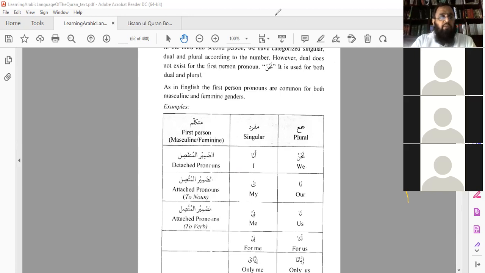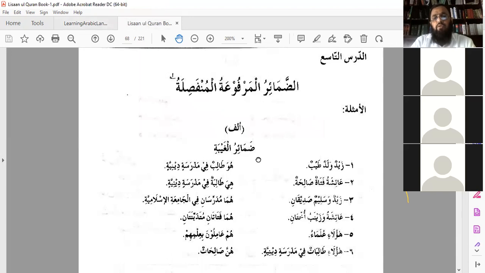So this was the topic. What is the topic? Let me come to this page. We are talking about al-zama'irul marfu'atul munfasilu. Please remember these words. Now this is a type of marifa, and the marifa becomes the subject of the sentence. And az-zamair, because they are used in place of a noun.